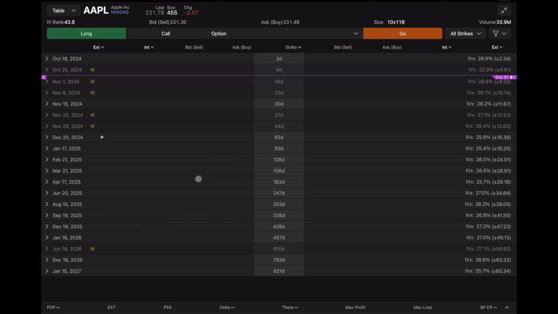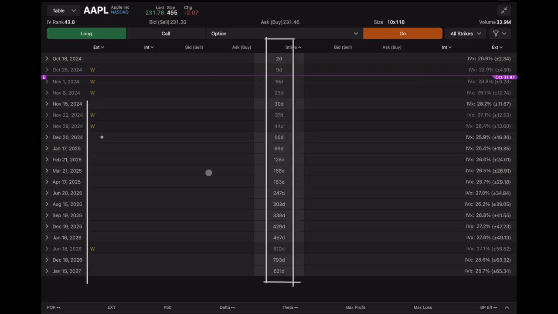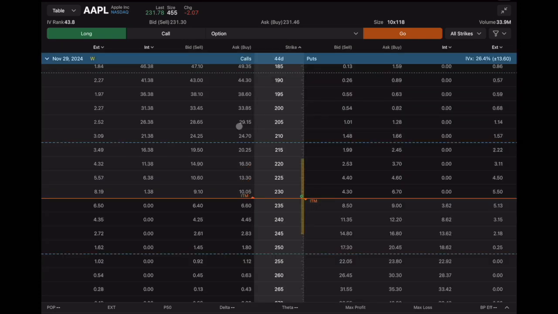Let's look at an example. Shown on screen now are the options chains for Apple stock. The numbers down the center of the screen, followed by the letter D, show the number of days until expiration. The expiration date is also shown on the left-hand side. If we click into the 44-day till expiration option, the screen now displays the strike prices available, shown down the